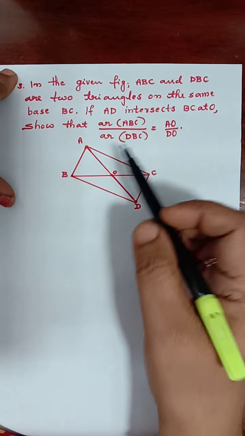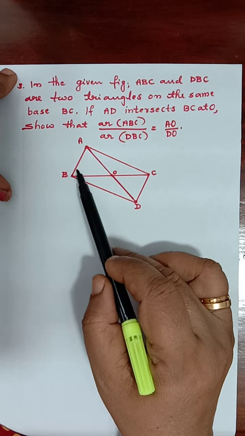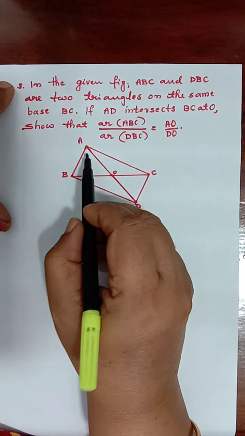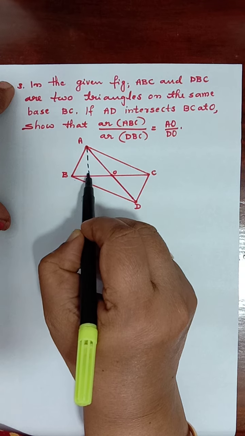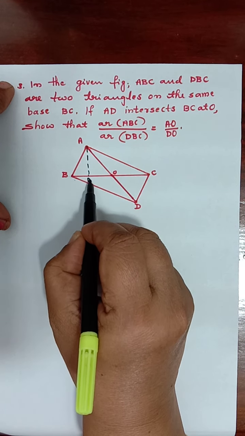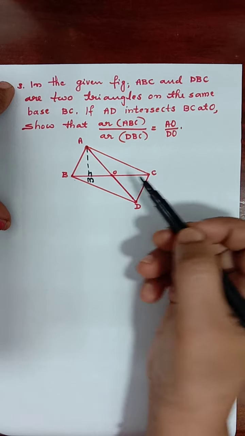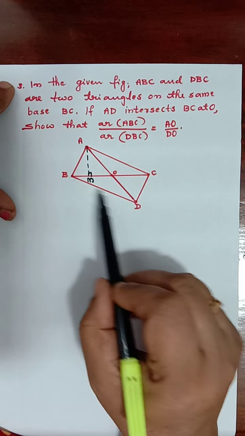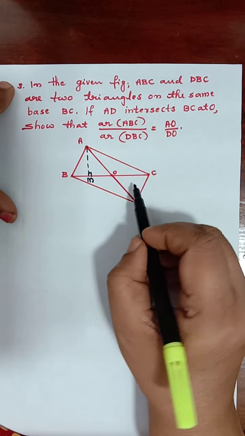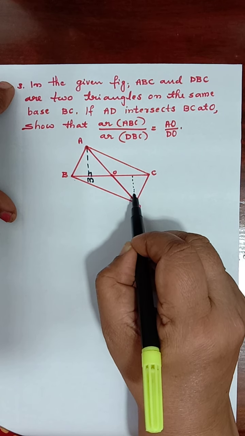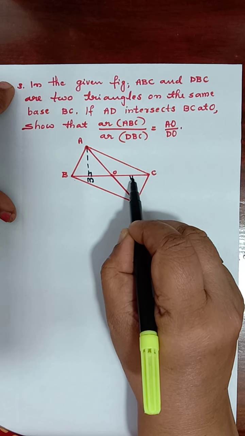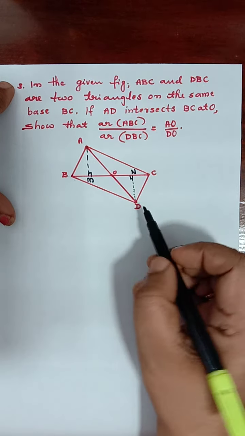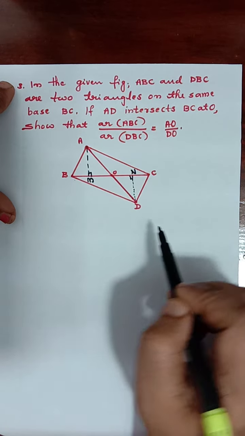In order to find the area, first we have to find the area of triangle ABC, for which the base is BC and the height is unknown. Let us draw the height. It is a perpendicular, everybody knows. I'll call the perpendicular AM. The symbol I have shown: AM perpendicular to BC. In order to get the area of DBC, here also we need a perpendicular. Let us draw the perpendicular from the opposite vertex. So this angle will be 90. Let me call the point N. So DN is perpendicular to BC.